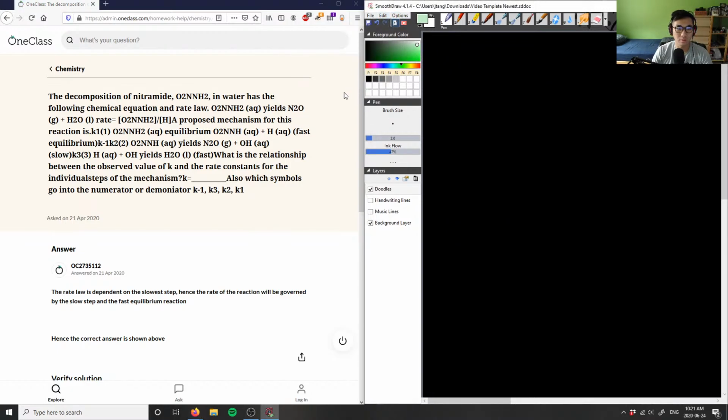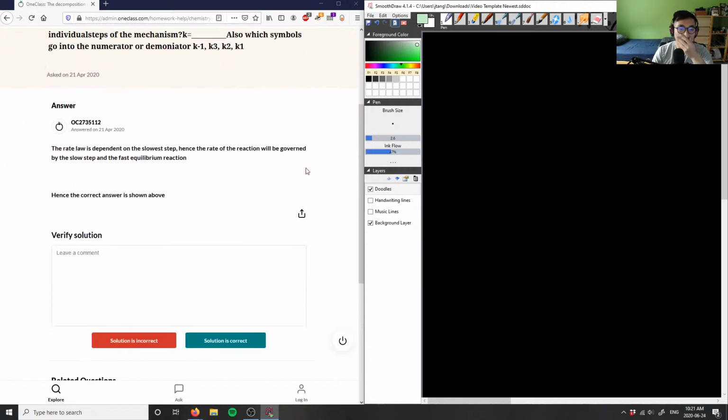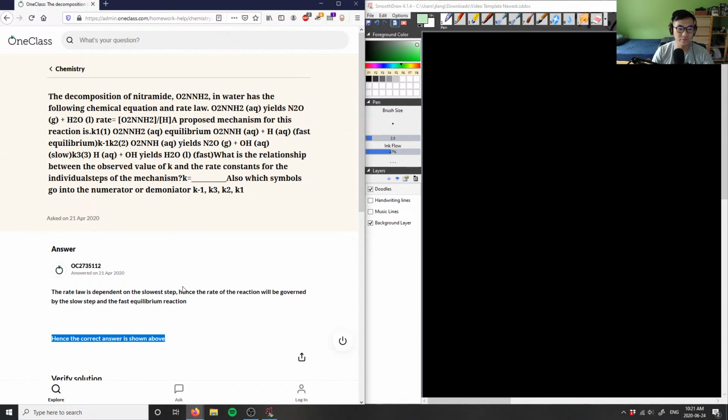All right, let's do number 5 here. Again, they don't have the solution here, so I might have to calculate this myself. So this is a long question, so let me read this out first. So I have the decomposition of nitramide, O2NNH2 in water has the following chemical equation and rate law. So I'm going to write this down. So O2NNH2